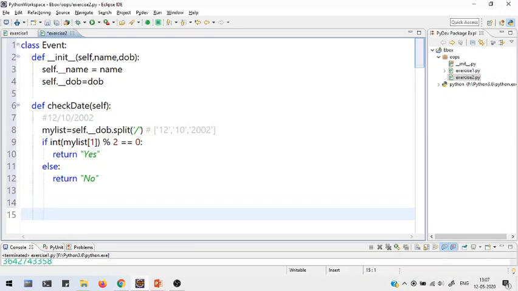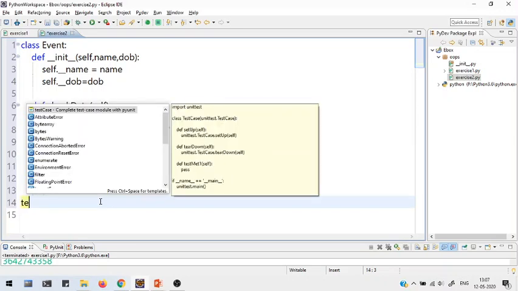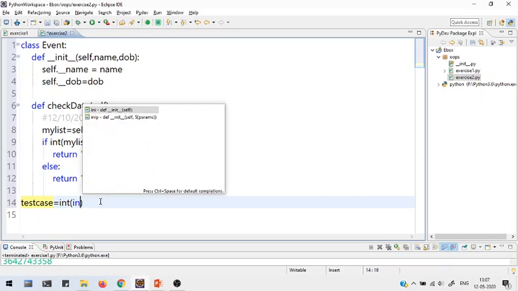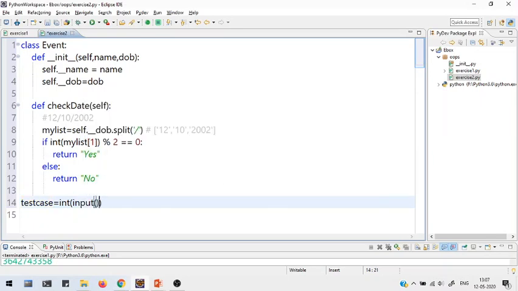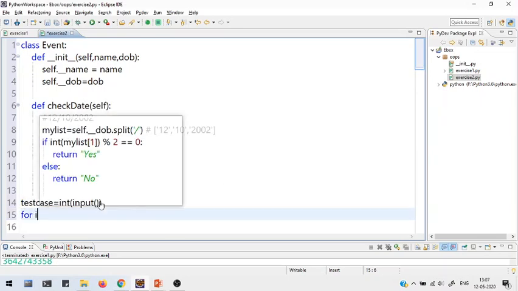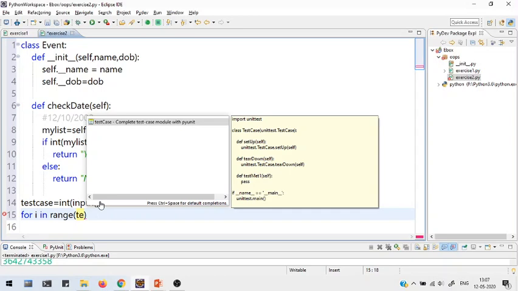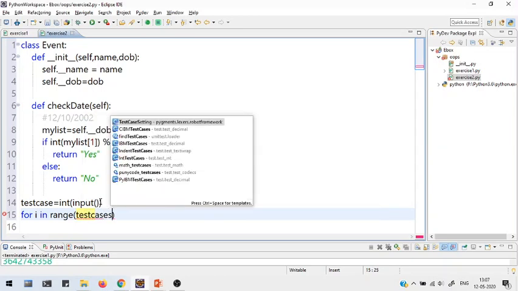Now let us come out of the class, and now we have to create the same test case. So test cases is equal to int of input, for i in range of test cases.